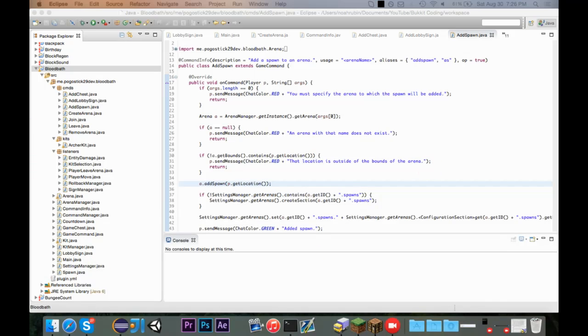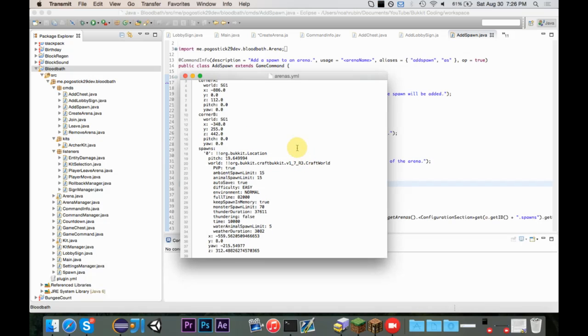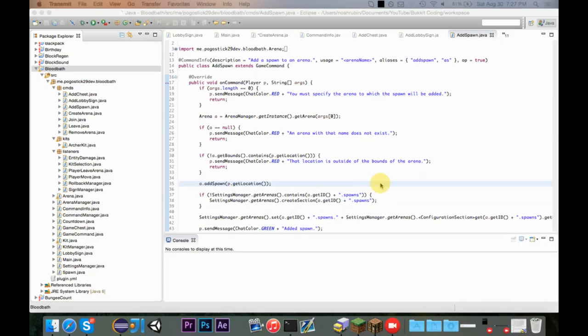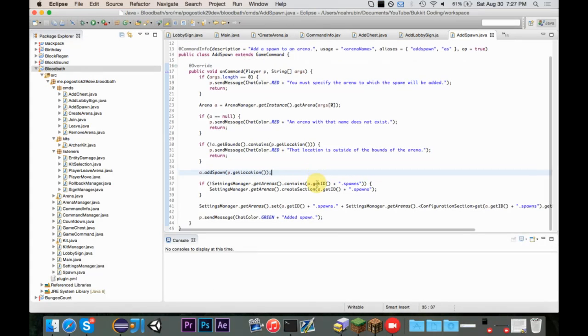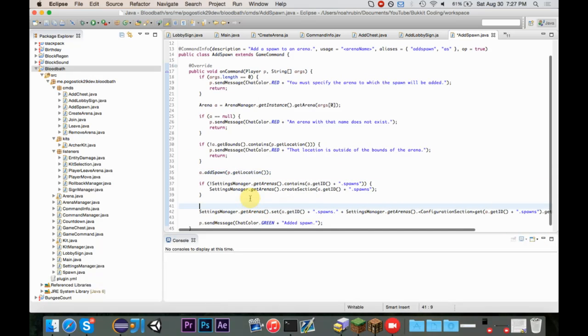Let's go back over to Bloodbath. I'm going to refresh. Then we're going to check the, what would this be, arenas. And okay, so it looks like we're still using the old system because this spawn was not set up correctly. So I'm going to delete that part from the file because that's wrong. But the way that we're going to fix it is,